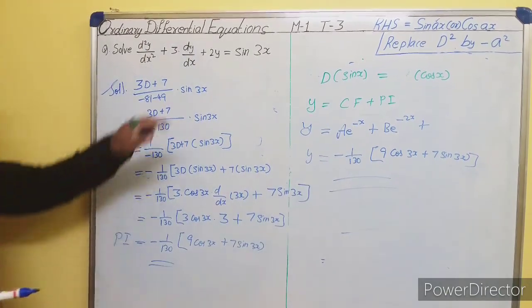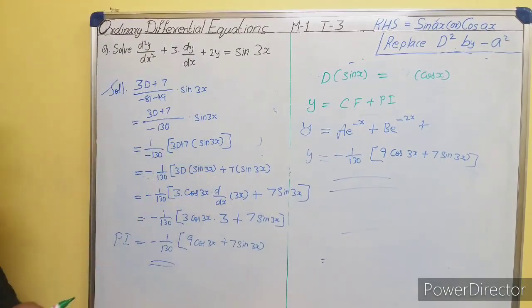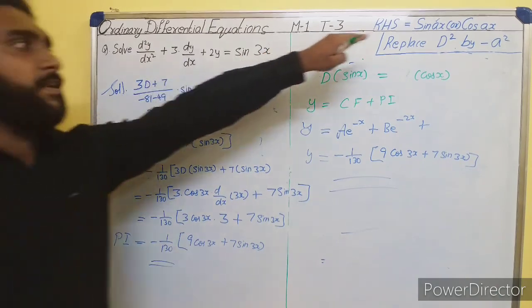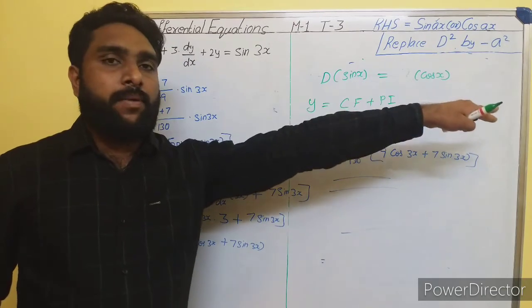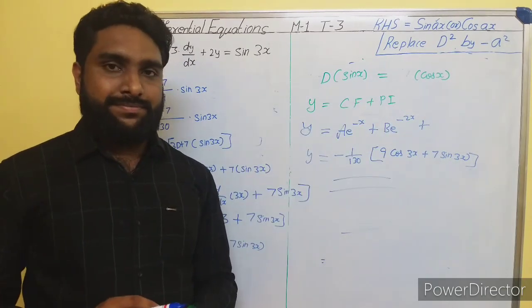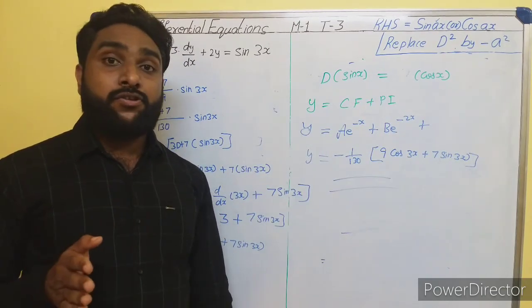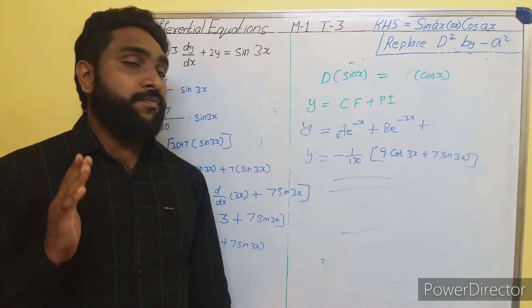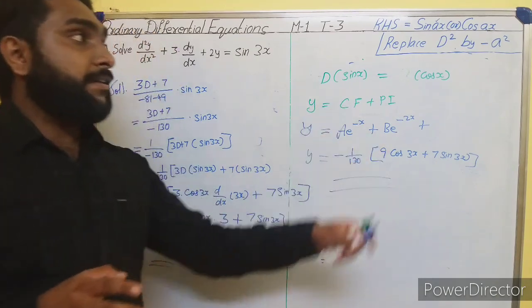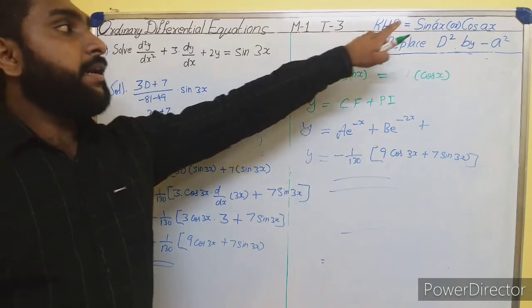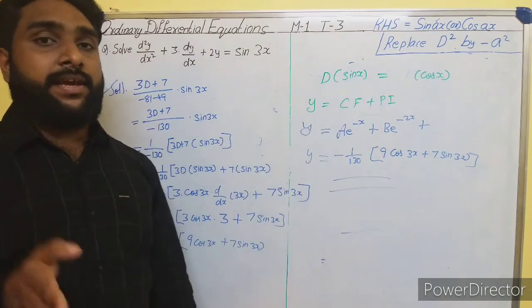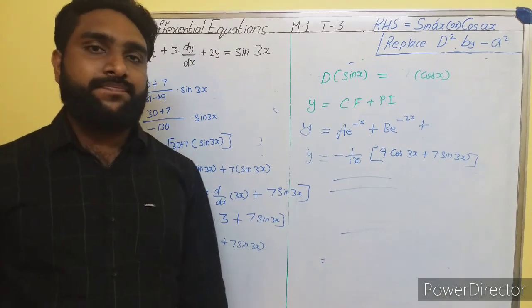So first we have found the complementary function and particular integral as in every problem. Only change is when you have the sin x or cos x in the condition, you have to replace D square by minus a square. So hope everyone understood the problem. In the next class, we will be coming with another problem of the same topic, that is topic 3, RHS is equal to sin x or cos 3x, another difficult problem. So thank you.